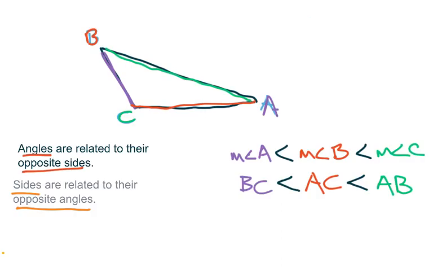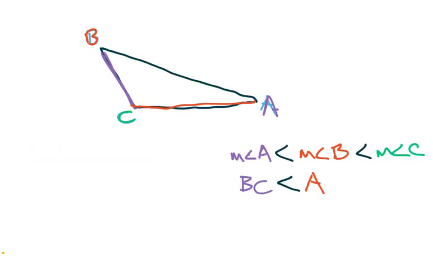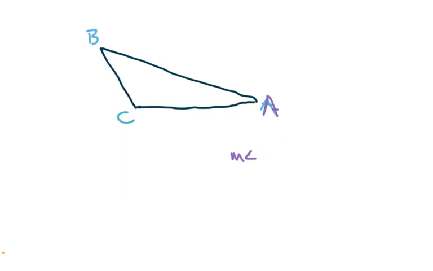Let's press on to the secondary idea. I want you to draw a triangle that looks like this. I'm sorry, I have all this information. I forgot to pull it back. Here it is. Okay, so go ahead and draw up a triangle ABC. And what we're going to do is focus on the angle with the least degrees. And hopefully looking at this, you'd have to say, well, angle A is definitely the smallest angle. And that's true. So I can say that the measure of angle A would be less than,